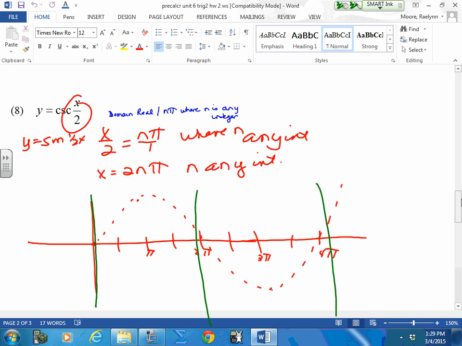Isn't it all the even numbers? 0, 2, 4, 6, 8. And I would go up like these guys. Spread them out. Okay. So when you can't get it, the sketch will help. Did I change the range on this, by the way? No. Your range is still negative infinity to negative 1 and 1 to infinity. Now, when you do this tonight,